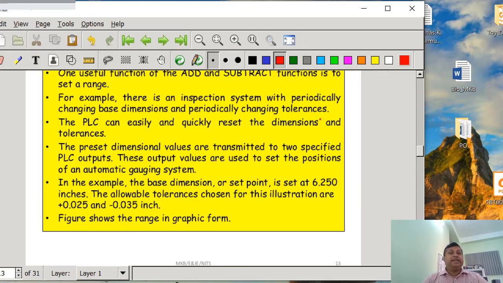The PLC can easily and quickly reset the dimensions and tolerances. The preset dimensional values are transmitted to specified PLC outputs. These output values are used to set the positions of an automatic gauging system. In the example, the base dimension, or set point, is set at 6.250 inches, and the allowable tolerances chosen for this illustration are plus 0.25 and minus